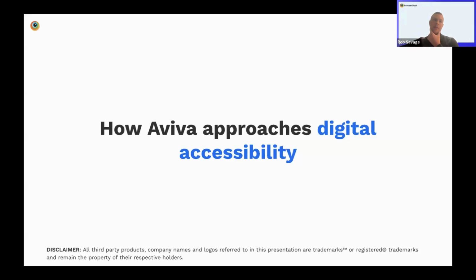Yeah, so it takes time to build, but we have an accessibility champions group, and we have people within those functions that you mentioned, particularly in the design space, who have been recruited based on their approach to accessibility. So they are champions of it. And then that's kind of propagated out over time. So we now have champions in all of the teams. The testing center of excellence is just one small part of that.